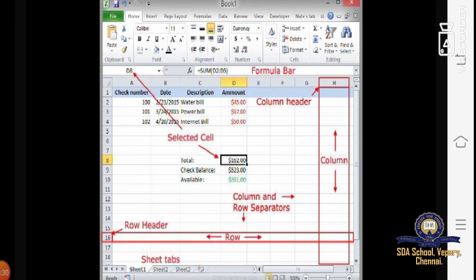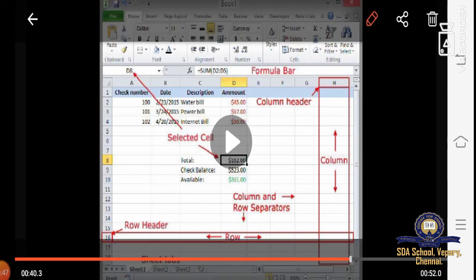Okay, and you can prepare your workbook in this form. And you can create book 1, book 2, book 3, book 4, and you can use all the files whatever is there in the ribbon.